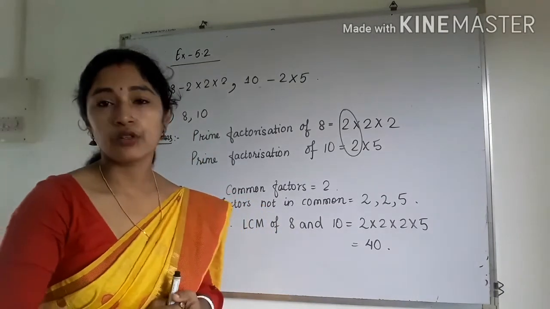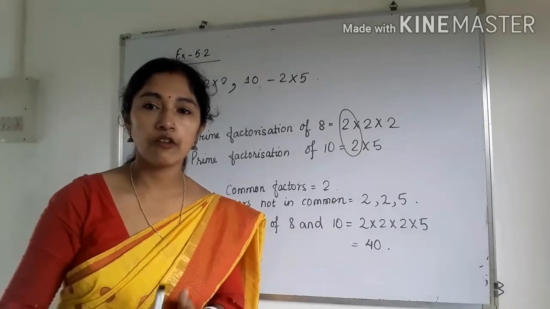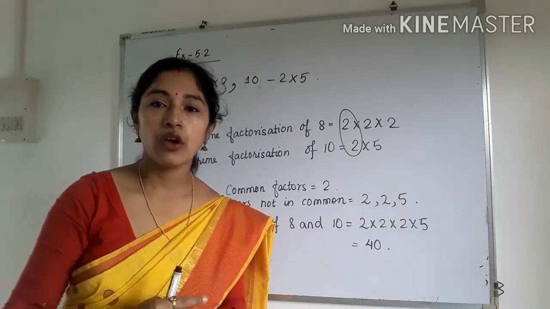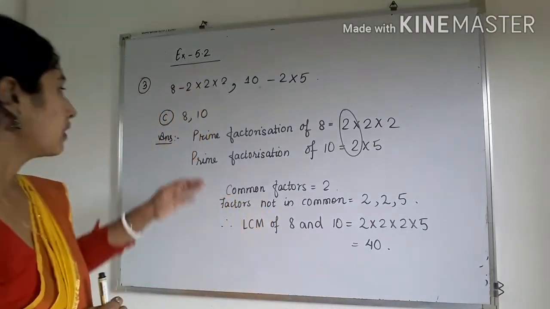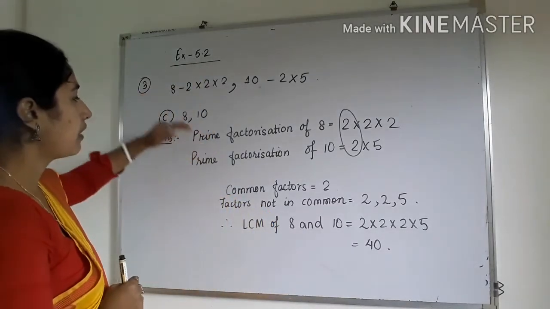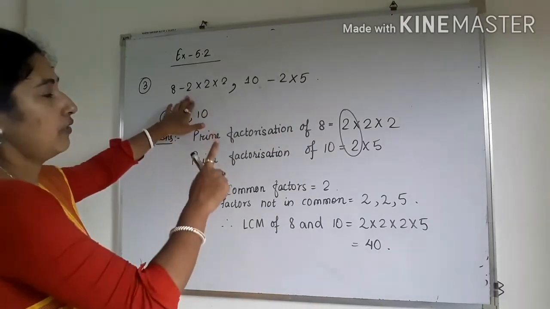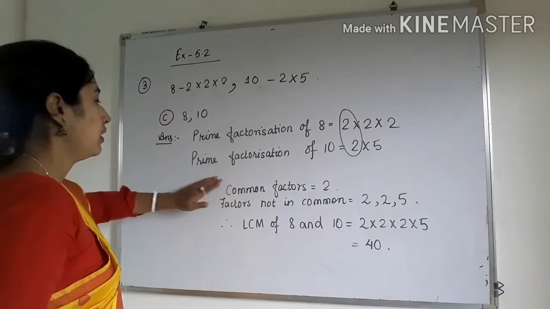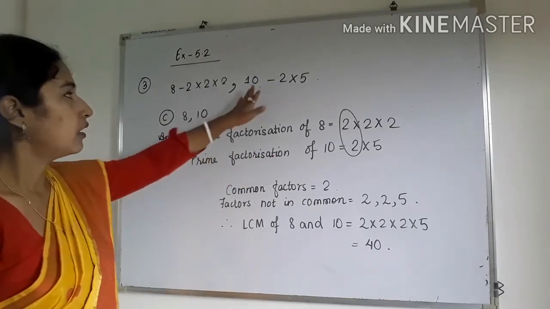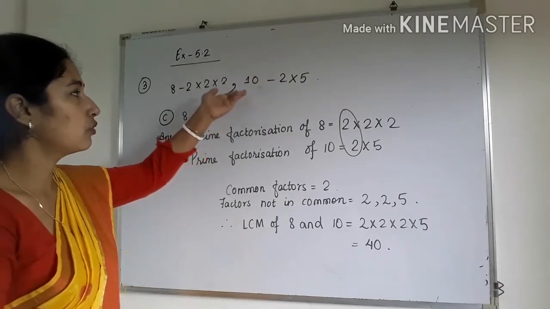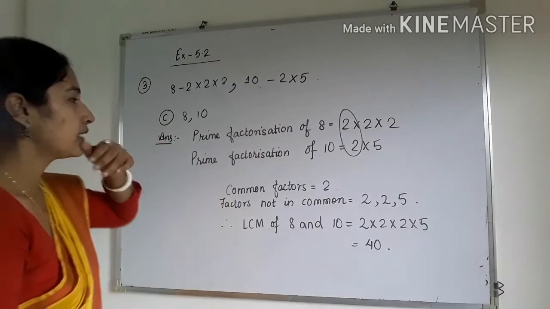So I am doing one question from this. See, already prime factorization is given for each number. Next you have to find the LCM. Okay. So see here, first here I am writing the prime factorization of 8. It is already given, so we can write 2 into 2 into 2. Next is prime factorization of 10. So how to find? Already it is given, so we don't need to find it, just we can write it 2 into 5.